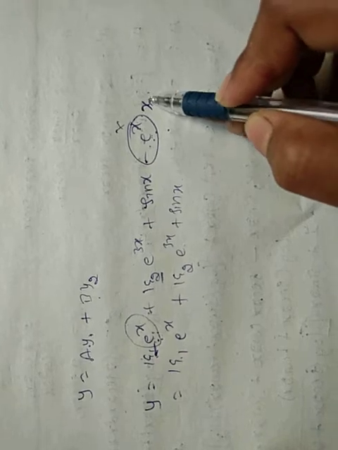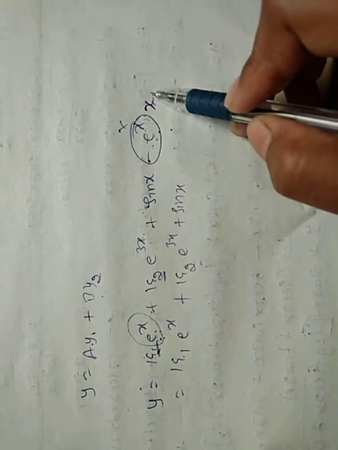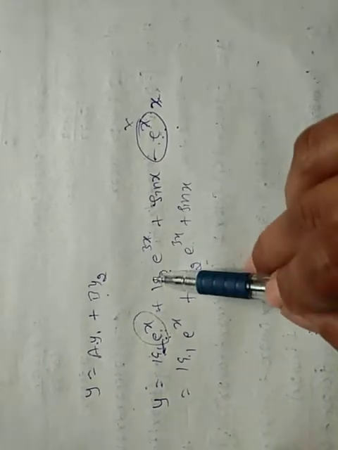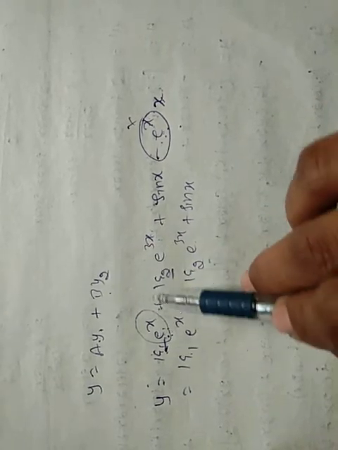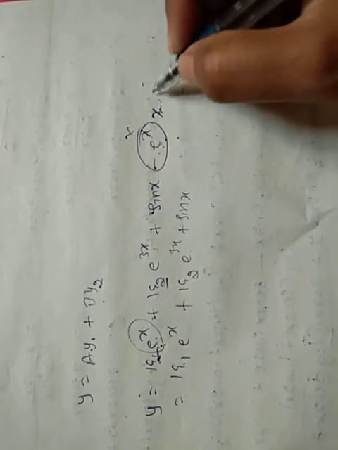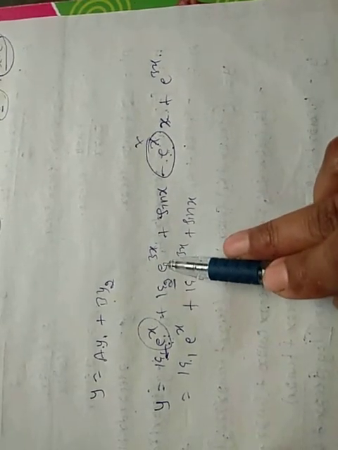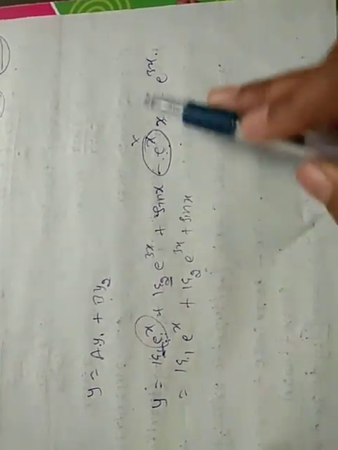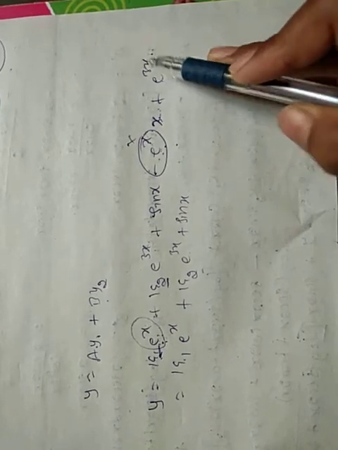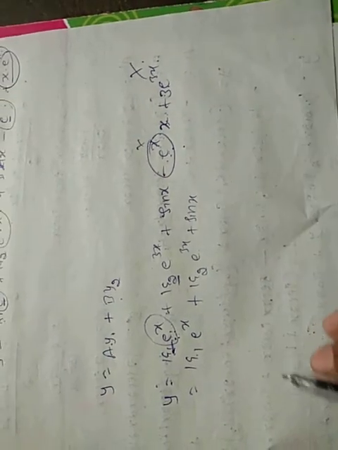So you have to neglect only the terms having constant coefficients with the functions that are the coefficients of k1 and k2. Suppose e raised to 3x is present. Here the coefficient of k2 is e raised to 3x. Here also the term is e raised to 3x with constant coefficient 1. Suppose you have a 3, that is also neglected. That is the kind of procedure you have to follow in the simplification.